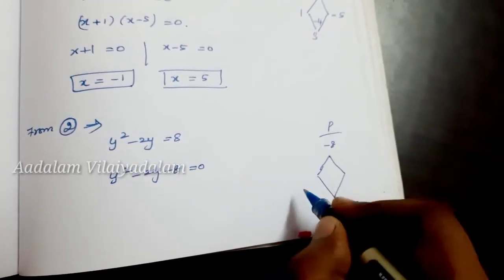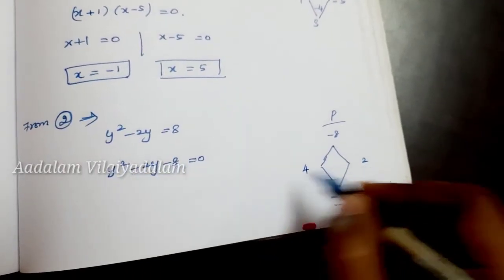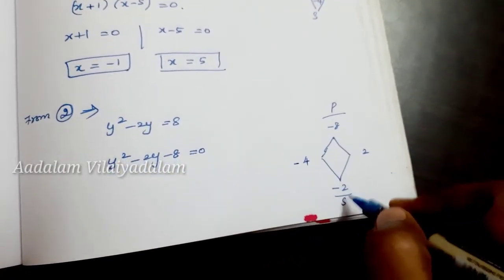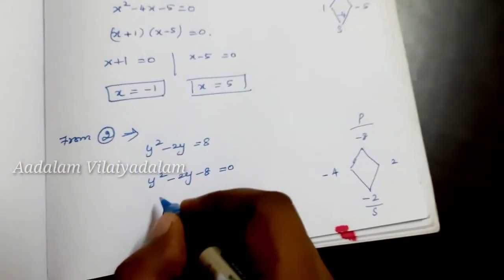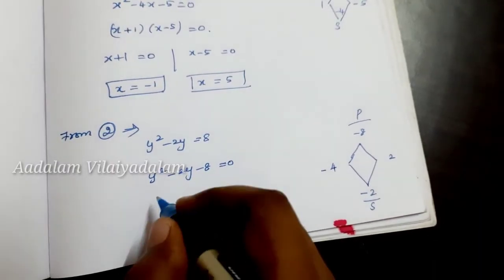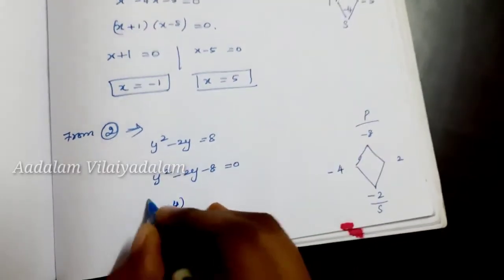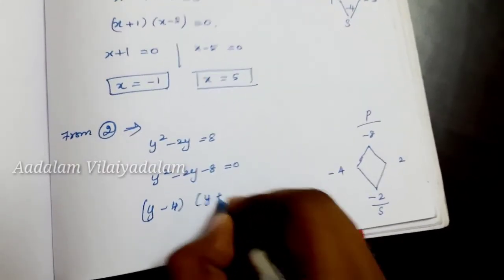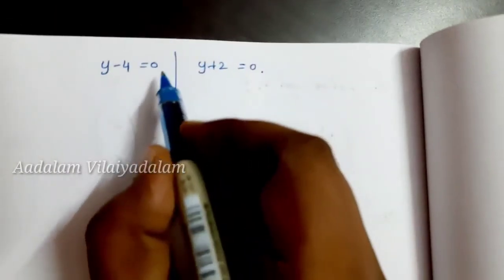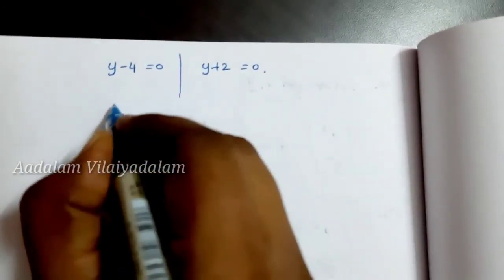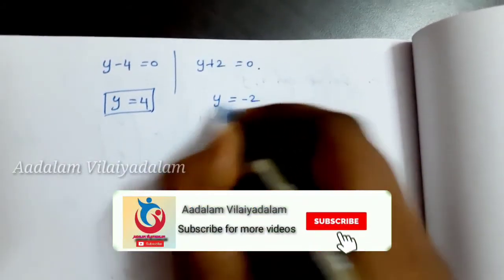Okay. Here for the product we can get 4 2s are 8, isn't it? Then if we apply minus for the biggest number, we get minus 4 plus 2, which gives minus 2. Therefore, we can write the factors, that is y minus 4 and y plus 2 equal to 0. Here if we equate each factor to 0, we get y equal to plus 4 and y equal to minus 2.